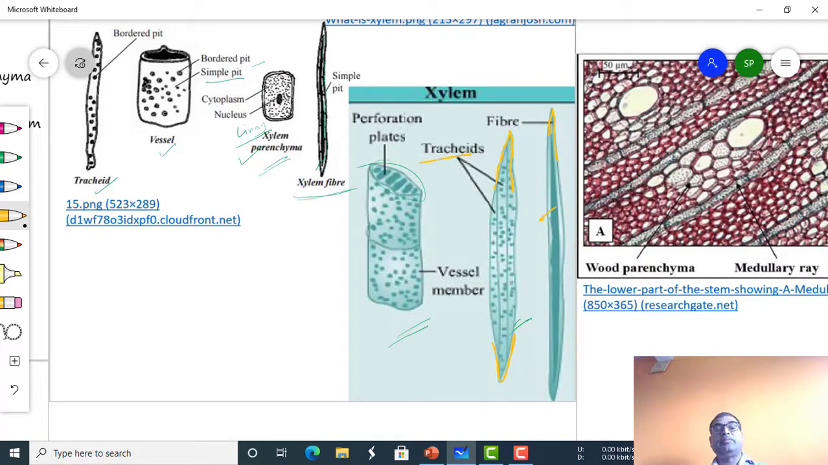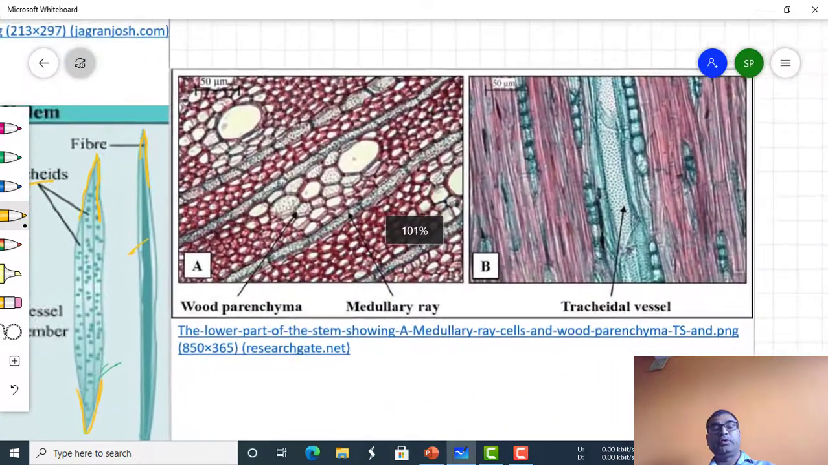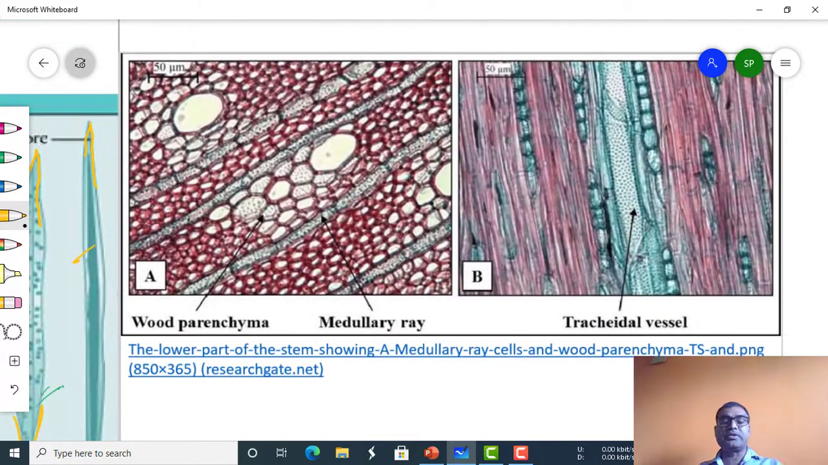So, within a xylem, tracheids, vessels and fibers show secondary wall thickening, and these three components are the dead components, while xylem parenchyma is the only living tissue present in the xylem. Then this is one more figure representing the xylem parenchyma. Xylem parenchyma shows either ray parenchyma or wood parenchyma. The ray parenchyma, these are actually the rays which are present in a